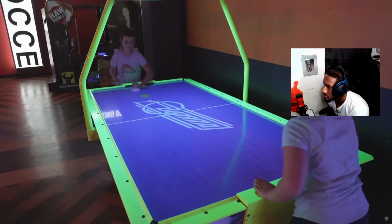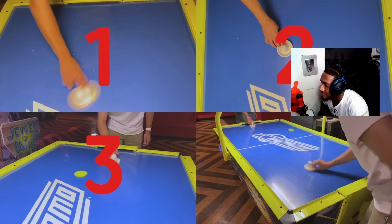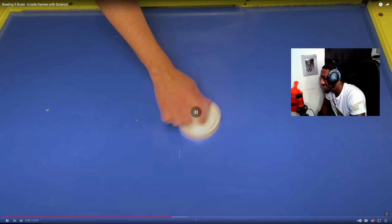As for the human strategy here, playing air hockey might seem like total chaos, but there are 4 simple tricks that will pretty much guarantee you can beat any casual player. The first is to hold the paddle like this and not like